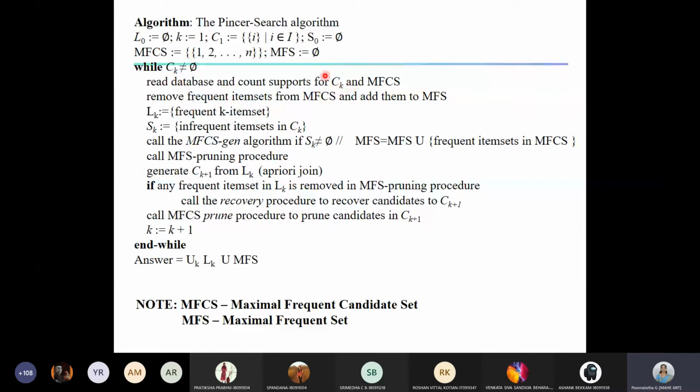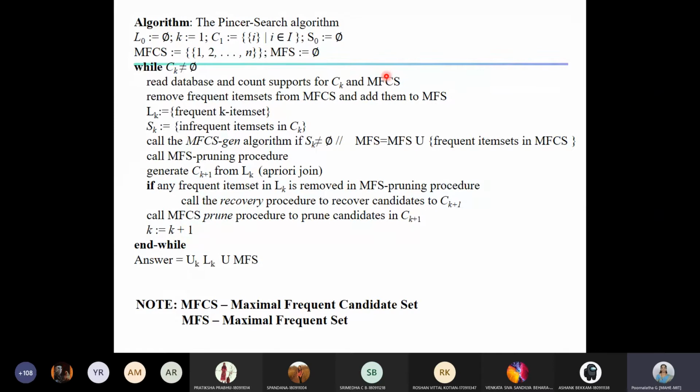Now, along with that, we also try to find the support count for the items that are present in MFCS. This is for the top down. That's why I'm telling you it's bi-directional. Simultaneously, we are using Apriori from the bottom up as well as from the top down.